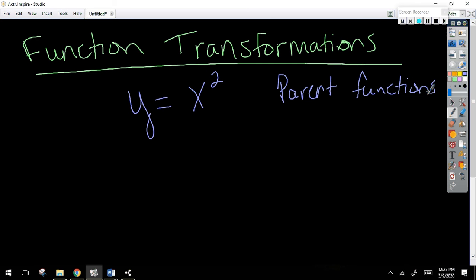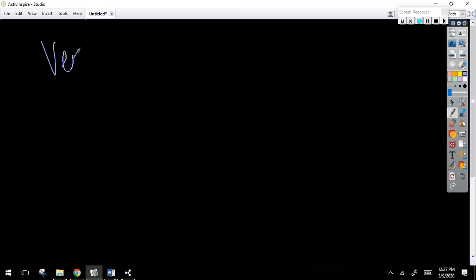All right. So you have a cheat sheet in front of you, and it might not make a whole lot of sense right now, but hopefully it will in just a second. The first transformation I want to talk about with you is a vertical